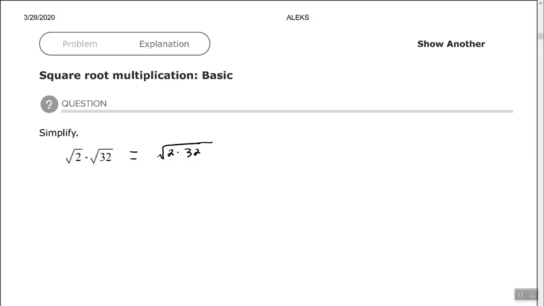And then here you have a choice. You can go ahead and multiply it out, or you can use your prime factorization with 32 and find your pairs. Now, what I see is that 32 times 2 is 64, which is a perfect square. So I probably wouldn't use prime factorization, but you could. So if we use prime factorization here,